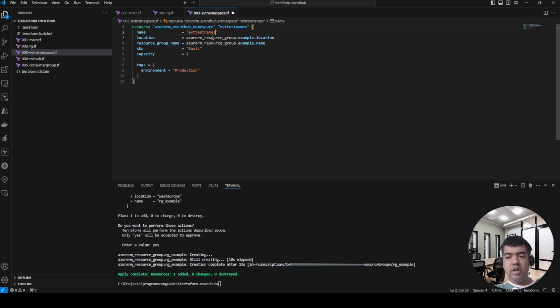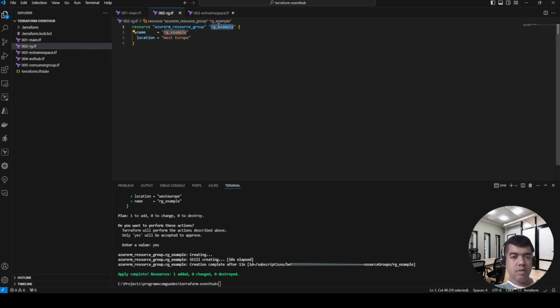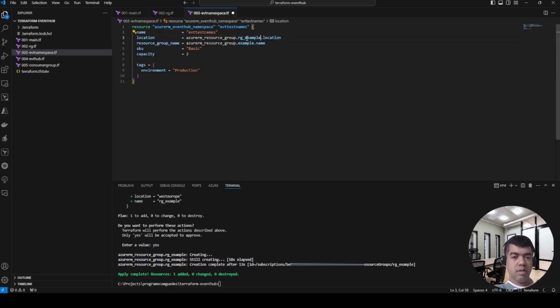Change the location to our resource group location. Change the resource group name to our resource group. Here change it to standard.